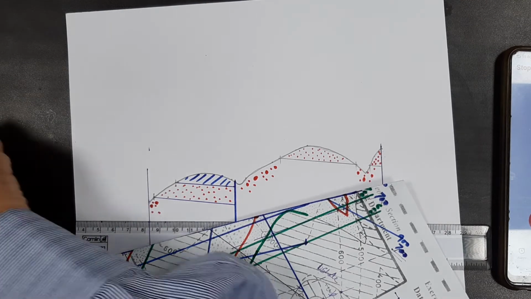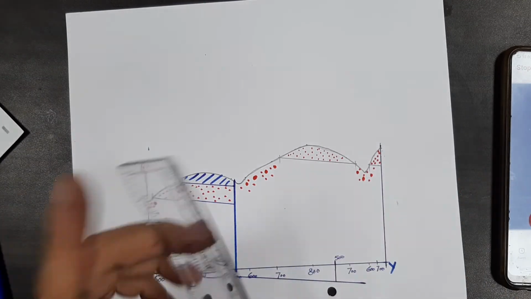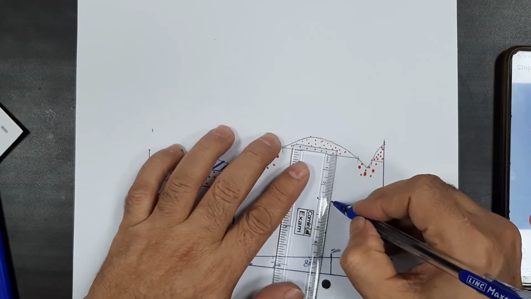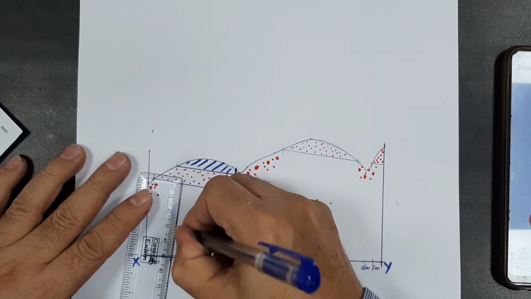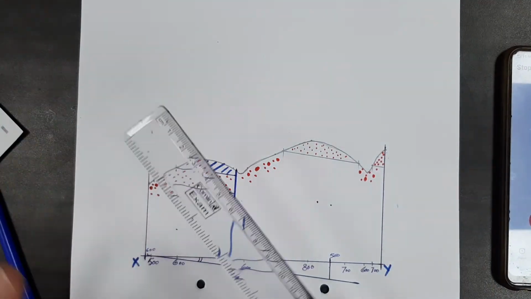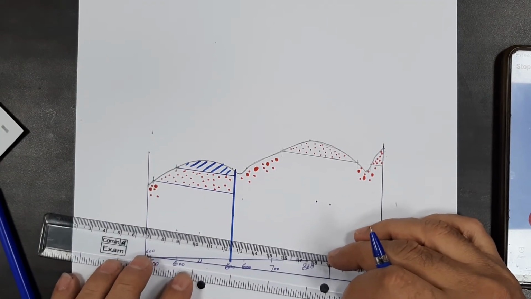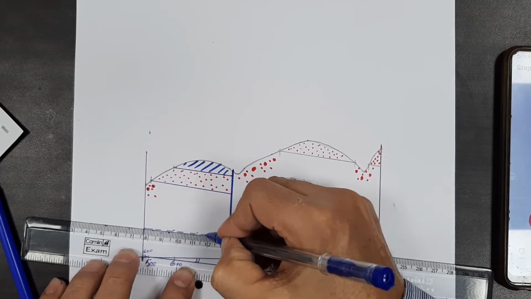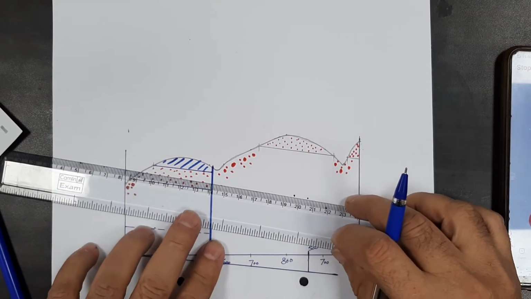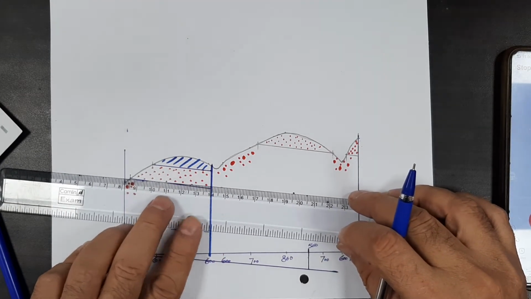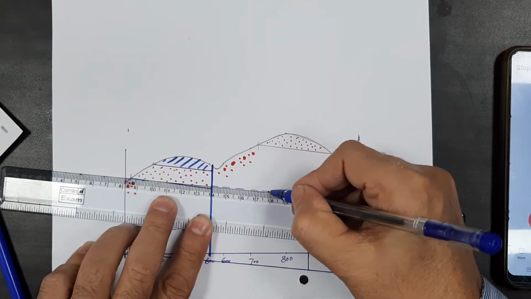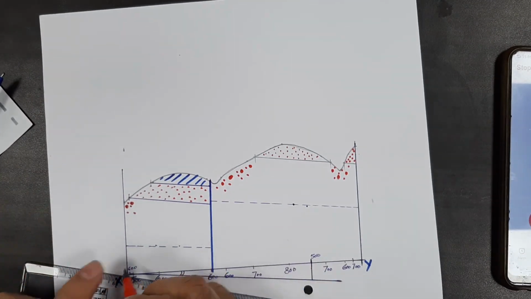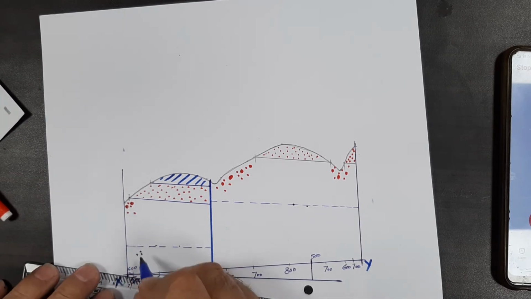Now we have already worked out the thickness of the mudstone, which has come around 300 meters. So I will take 3 centimeter here, 3 centimeter here, 3 centimeter here, 3 centimeter here, and I will draw a parallel line as per our angle of dip. See here. This is the limit of the mudstone here, and the same mudstone is limited here. You can see here, and below this we have got the grit.